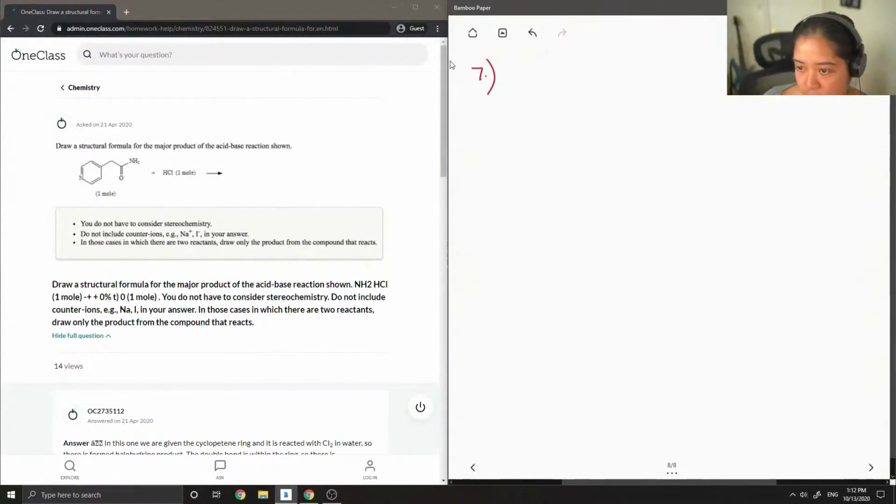So first I'm going to write down the reaction. Let's fix that. I'm so bad at writing hexagons. That looks weird, but